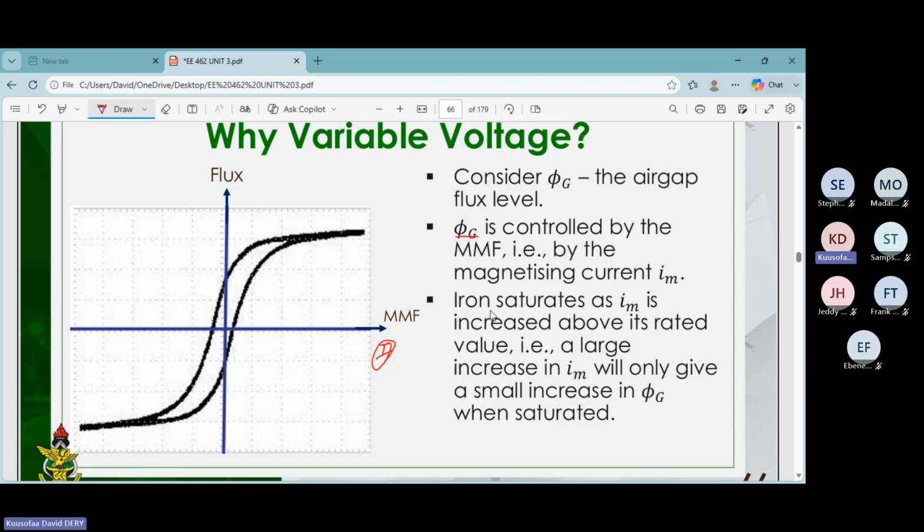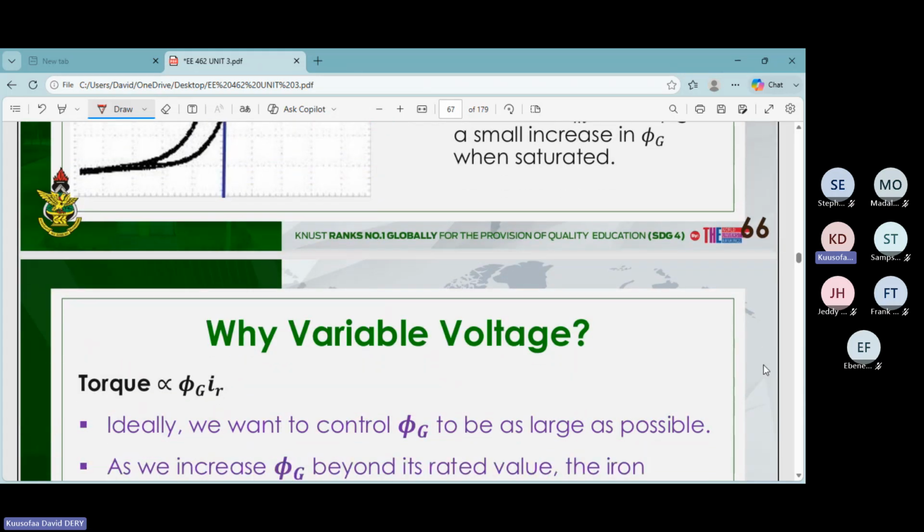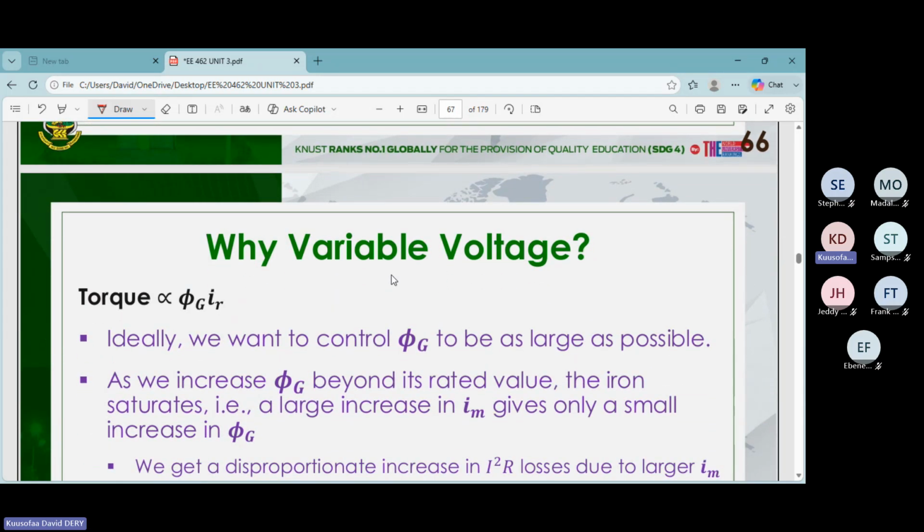So if iron saturates as Im is increased above its rated value, so if we increase the magnetizing current above the rated value, the core is going to what? To be saturated. So a large increase in Im will only give a small change in the flux when it's saturated. This we know. And we also know that the torque is proportional to the flux times the rotor current,